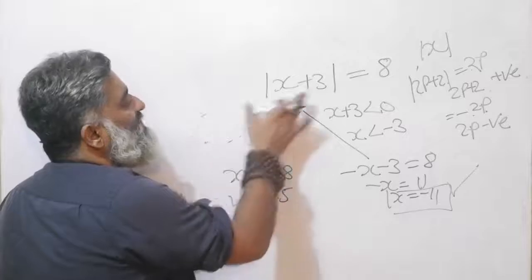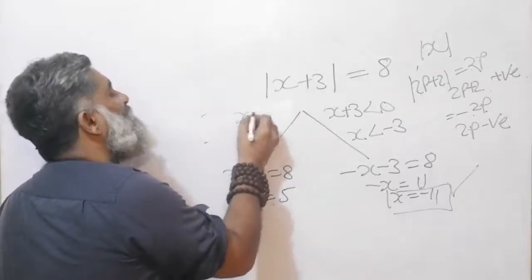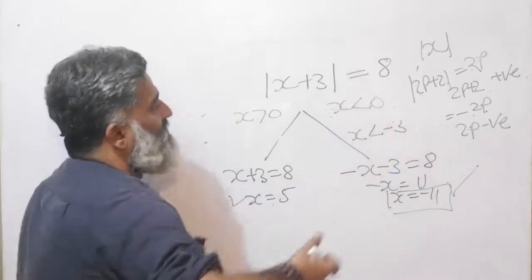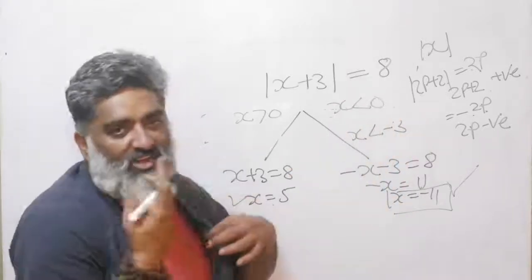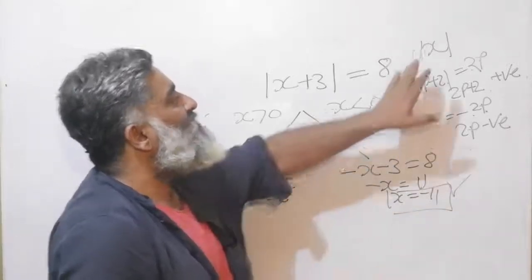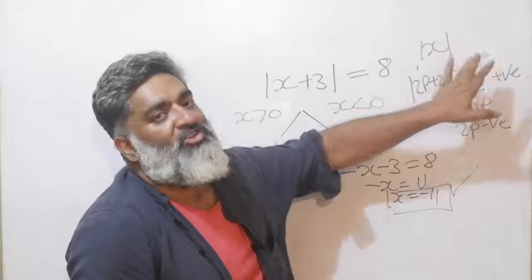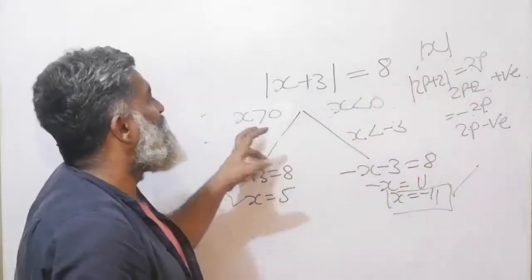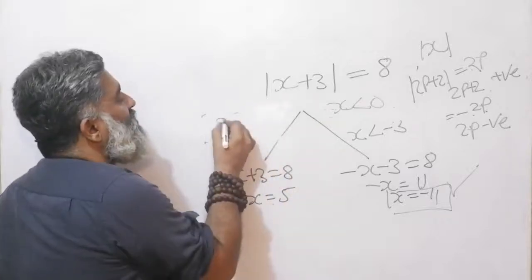Don't start, when you have an expression like this, don't start with just x is greater than 0 and x is less than 0. Even if the answer is right, your logic is wrong. That idea should be very, very clear, right? And why is that? Because when I said this function is equal to x or minus x, that means whatever is inside, right? So I have to pay attention to that, and therefore consider the whole thing